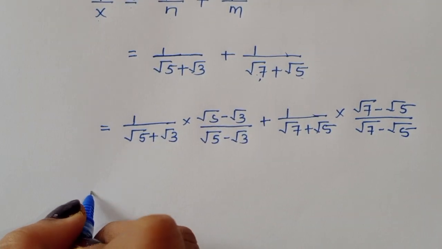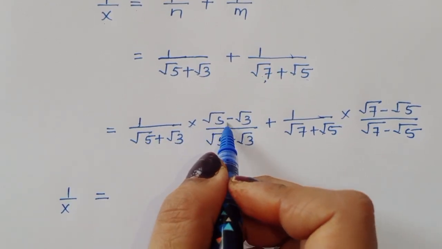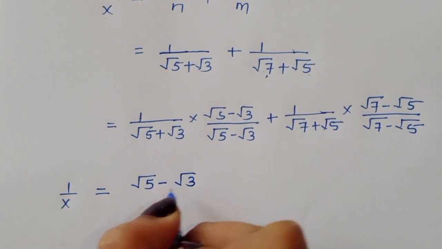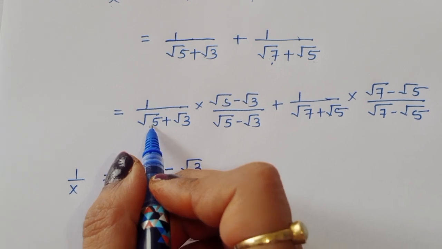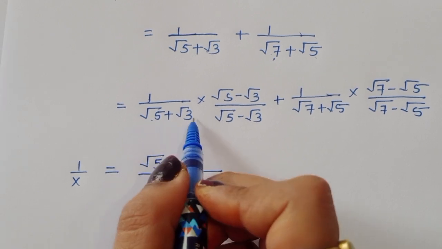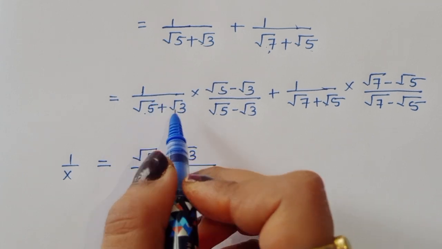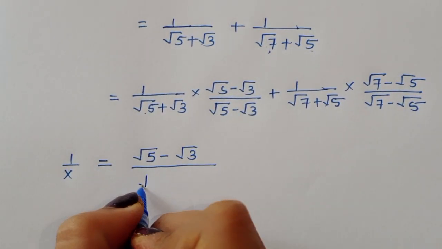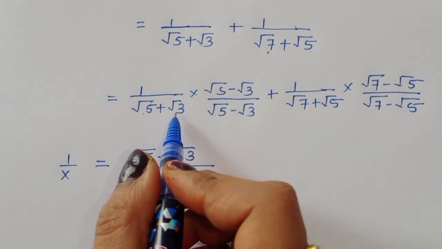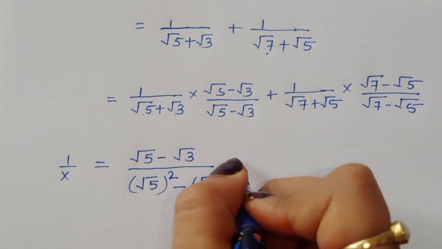Now 1 upon x is equal to 1 times square root of 5 minus square root of 3, divided by square root of 5 plus square root of 3 times square root of 5 minus square root of 3. So this is of the form a plus b times a minus b, right? So we can write this as a square minus b square, that is square root of 5 square minus square root of 3 square,